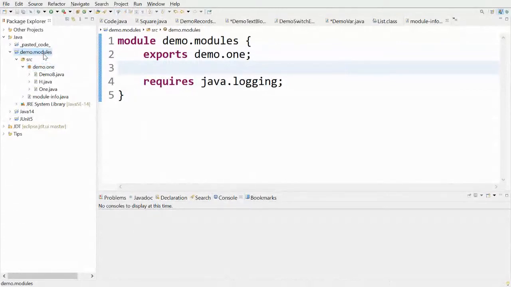After this, you can go to the Java build path dialog, and here you can add libraries to the module path of this project. So let me add the JUnit 5 library to this and click on apply. Now you can modify or configure the properties of this module graph by going to the module dependencies tab here.